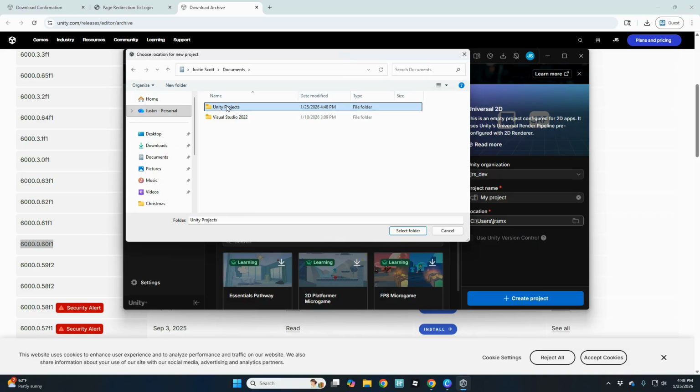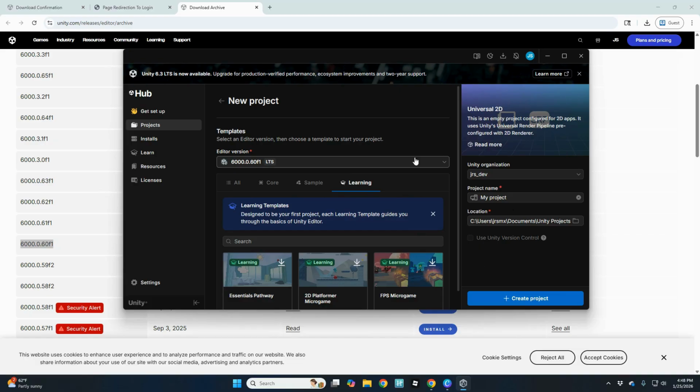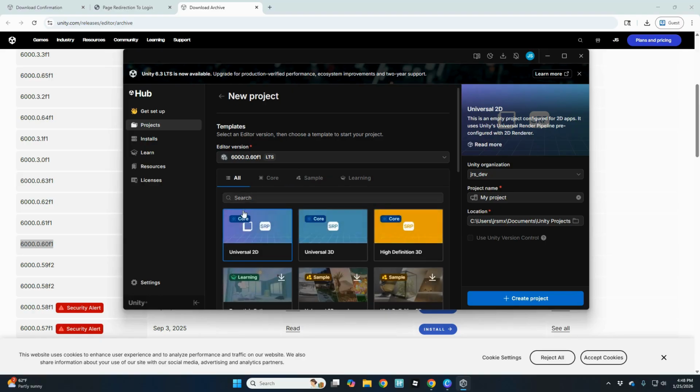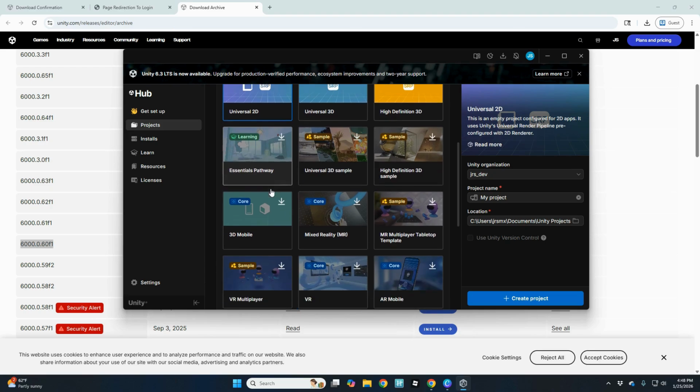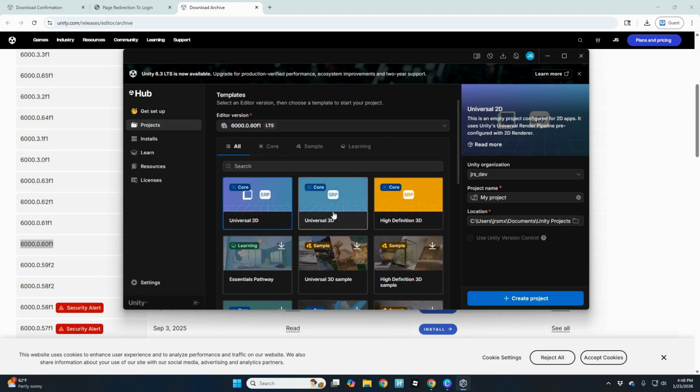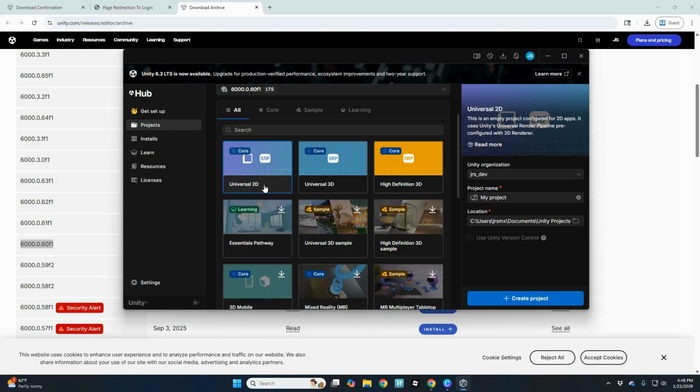And inside this folder is where I want to save this project. I'm going to go ahead and select this folder, and then, well, what version should I use of Unity, or what template or core, or all these things here? Unity provides you with a bunch of different things to go through. In this case, we're going to be mainly in the Universal 2D or the Universal 3D for simple